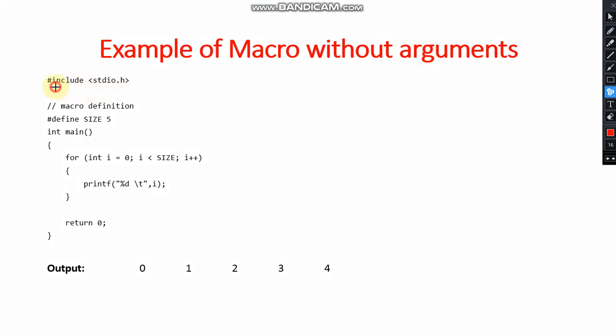At the top you can see I have written #include <stdio.h>, and the concept of #include shall be clarified in the coming slides. The next line is a comment for the macro definition.